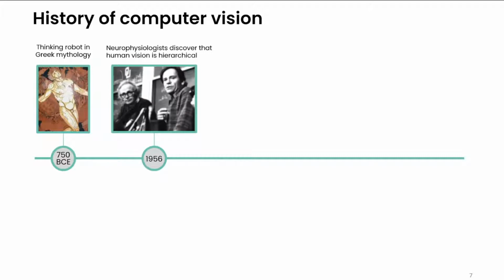And much of what we know today about visual perception comes from the neurophysiological research conducted on cats in the 1950s and 60s. By studying how neurons react to various stimuli, two scientists actually observed that human vision is hierarchical. The neurons detect simple features like edges and then feed them into more complex features like shapes, and then eventually into more complex visual representations. And the study of the brilliance of our human body really marks the beginning of the journey of modern computer vision. But this journey is never smooth.